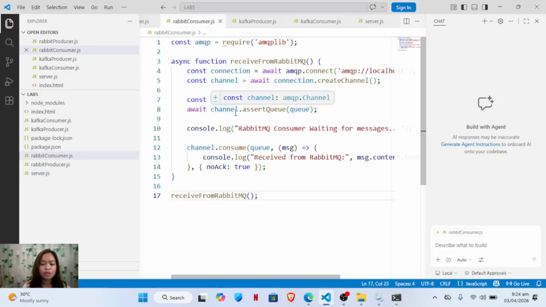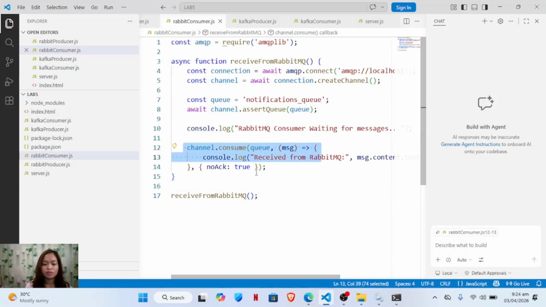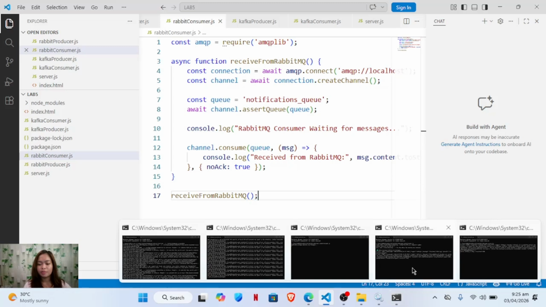The Rabbit consumer listens to the queue and receives the message in real time. This is the code, and the output is received from Rabbit queue.